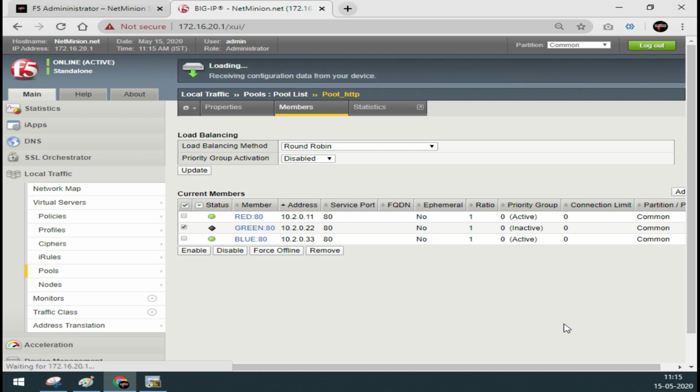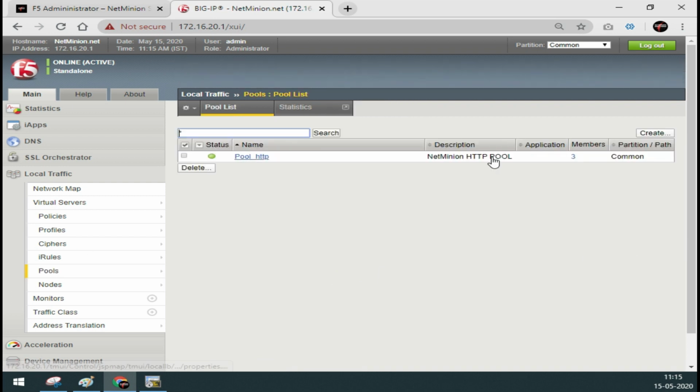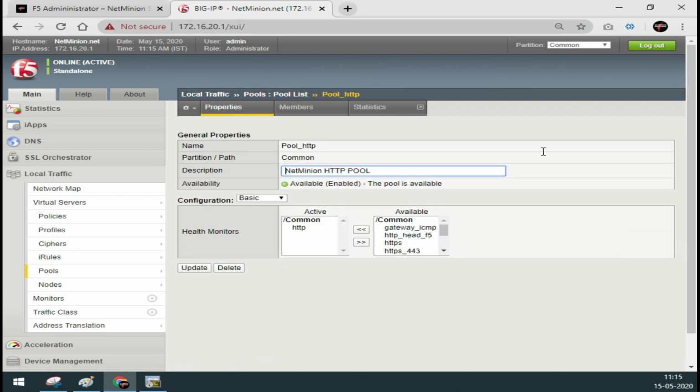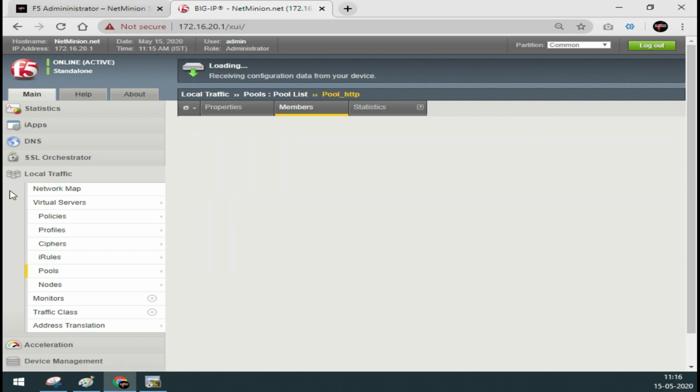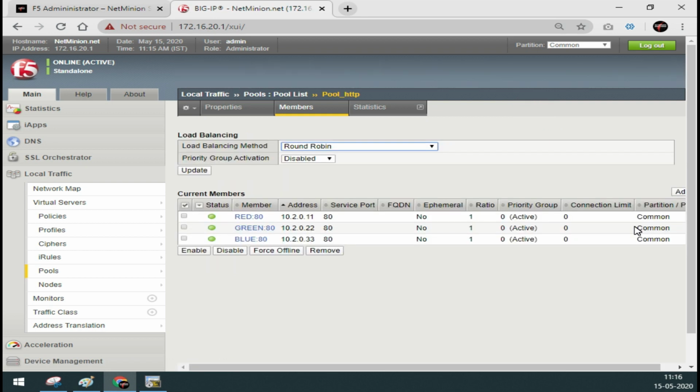Let me enable it again, and let me unplug the cable of one of the servers. Maybe I am unplugging the cable of the red server. So just allow me a minute. Here is my server, and I am disconnecting it, but it will not show me down until 16 seconds, because I have already told you what it will do in 16 seconds. It will keep on checking and checking.